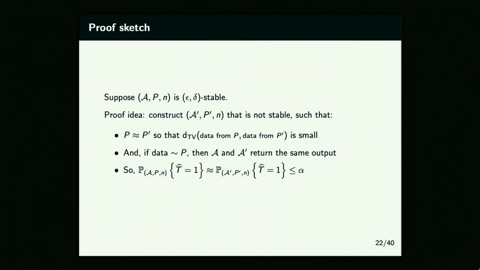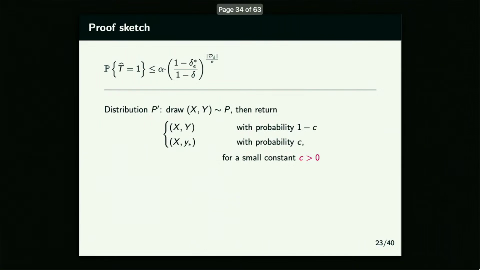But the question is, as I go through my sequential list, do A and A prime always give the same answer? Or at some point, do they diverge because the corruption wasn't in the original data, but it was at stage 11 or something like that? A prime detects the corruption, gives you a different model, and I can declare stability for A, but instability for A prime. So what we actually have to do is pick